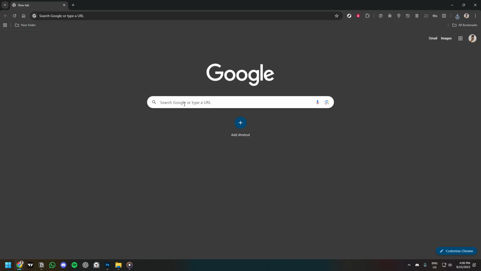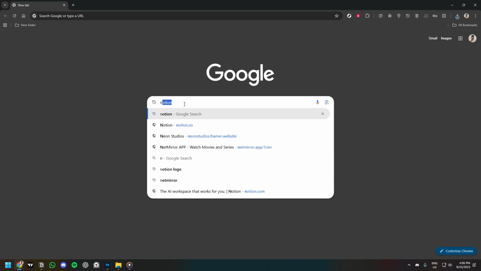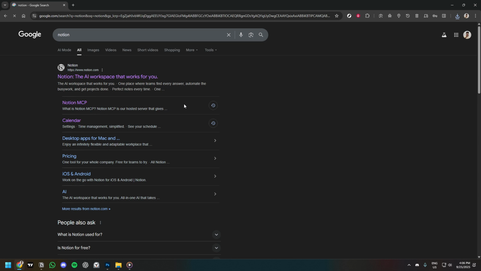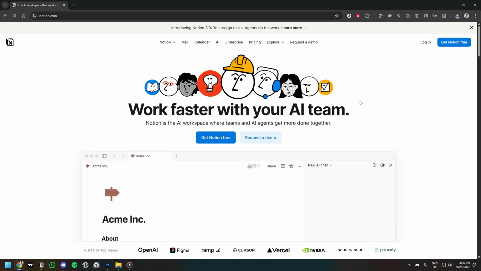To get started, you'll want to open your preferred web browser and look up Notion. Simply type Notion into the search bar and press Enter. You'll see a list of results, and from these, you'll want to select the one that takes you to Notion's official website. By clicking on this link, you'll open up the homepage, where you can access a range of features